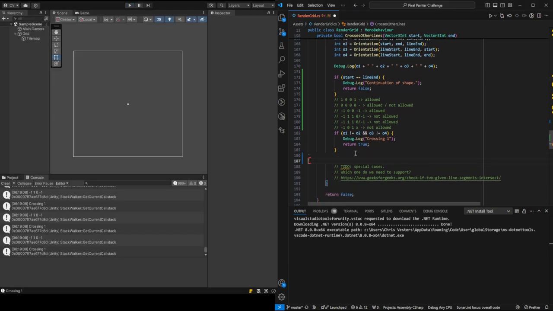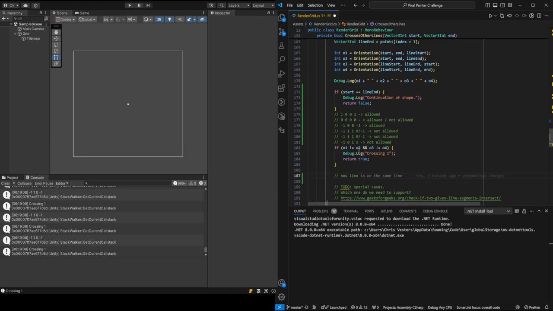I'm going to make it a bit clearer for me to know exactly which case does what. So they say P2. P2 in my case is line start. Line start lies on segment. Yeah, so that's not it. I have P1, Q1. That means the new line, P2 line start, new line